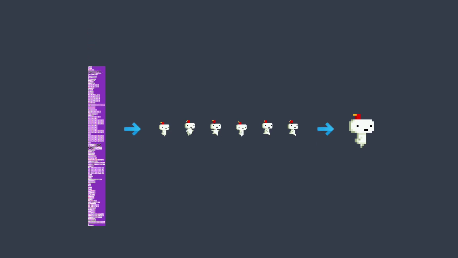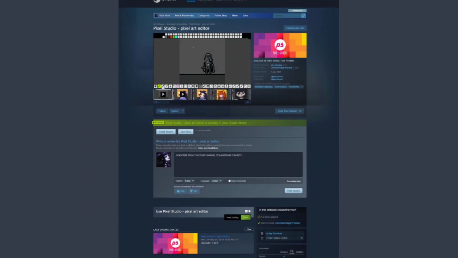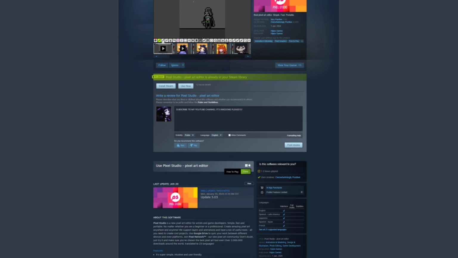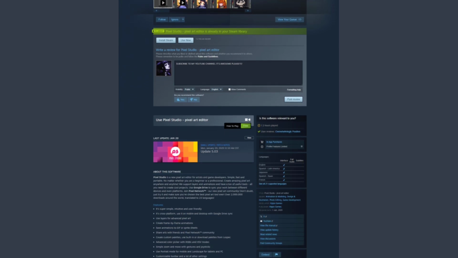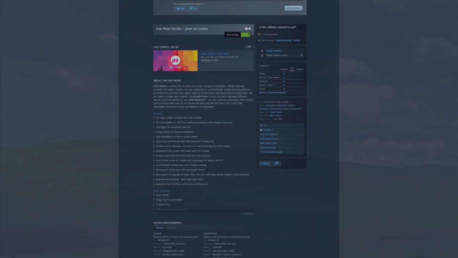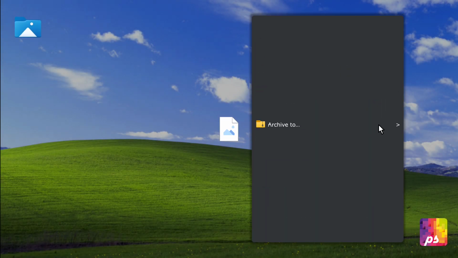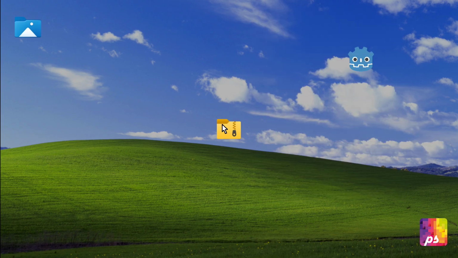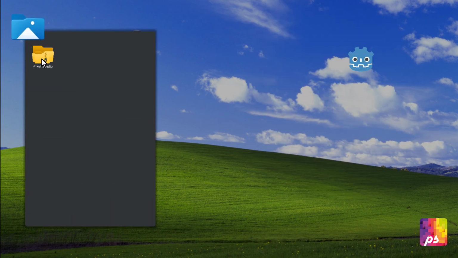Before importing your spreadsheet in Godot, you'll need to clean it up and prepare it for animation. I recommend using Pixel Studio by Hypogames, but you can use any pixel art software you're comfortable with. The goal is to have a clean, centered spreadsheet with a transparent background. Compress your spreadsheet into a zip file and move it to your Pictures folder inside the Pixel Studio directory.